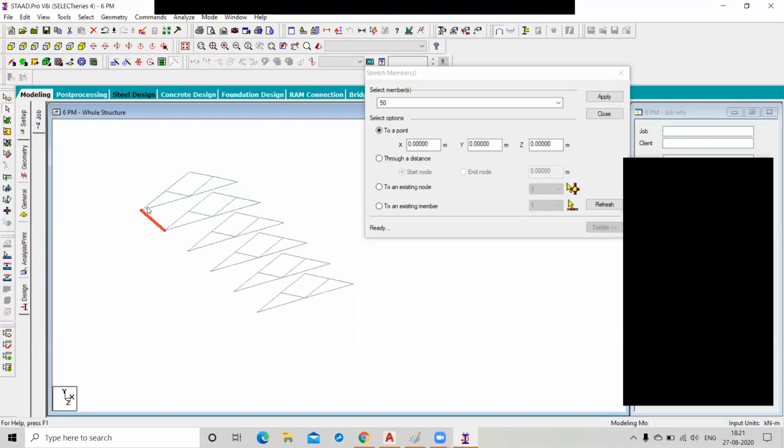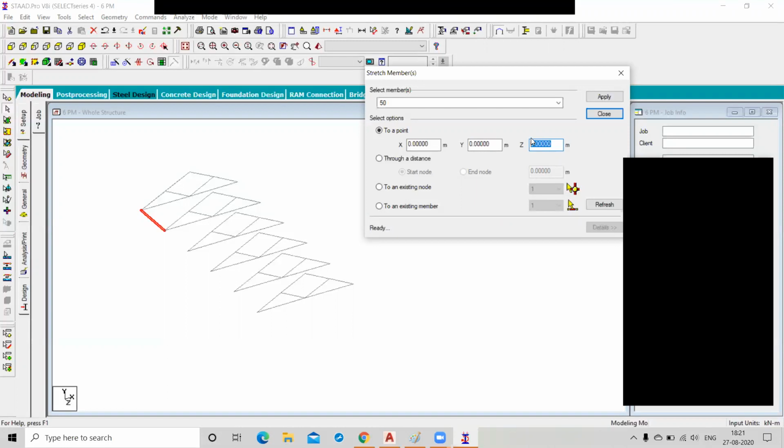If you are going to stretch this member, the stretch is in this direction and this direction only, right? So you can select this. What distance are you going to enter to stretch this?